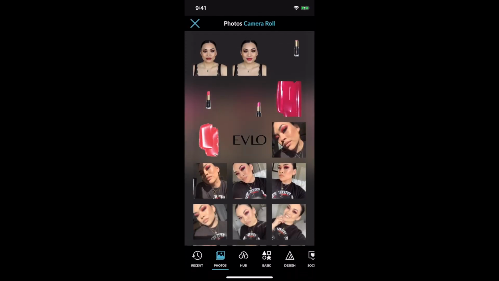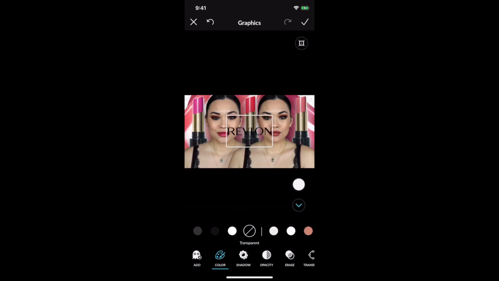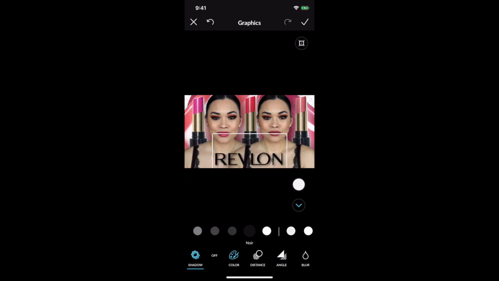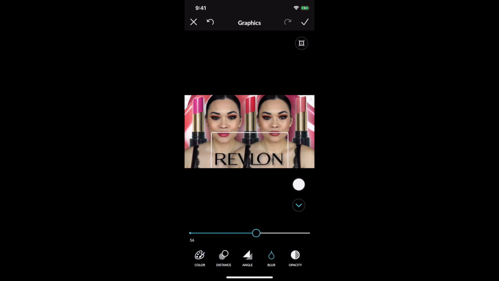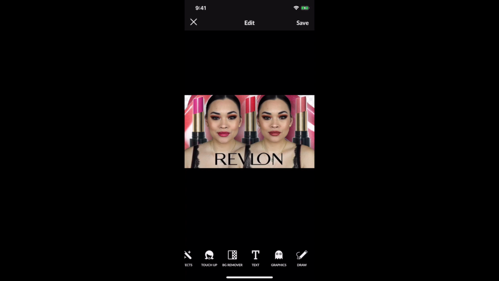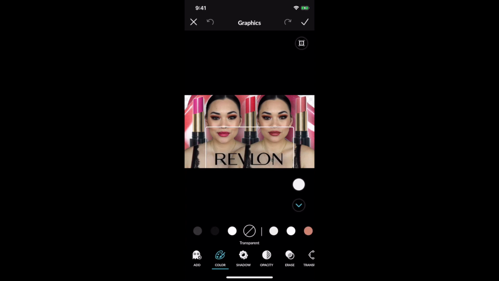The last thing I'm going to do is grab the Revlon sign. Do you see how it's already a PNG, which is great? So I'm just going to put this in the center. I'm going to make it a little bigger. Oops. So if you do mess up, just press the back button up top. So I'm going to try to center this, and then I'm going to go to shadow, white, blur 100%, and opacity 100%. So do you see how this one doesn't really show as much? Going to click back on that, and then I'm going to bring the shadow down,